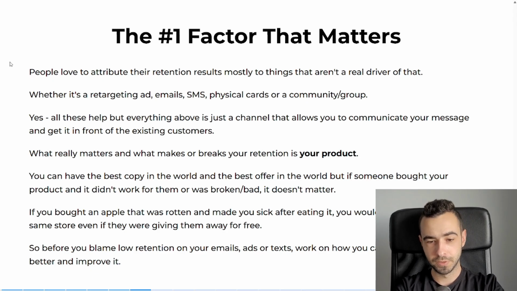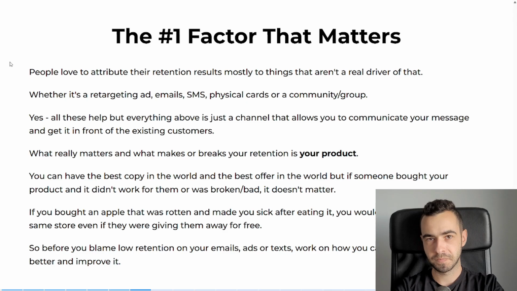But everything above is just a channel that allows you to communicate your message and get it in front of the existing customers. This message in itself does not really do the retention, because what really makes or breaks your retention is your product. You can have the best copy in the world, the best offer in the world for complementary products or subscription or whatever. But if someone bought your product and it didn't work for them or it was broken or bad,